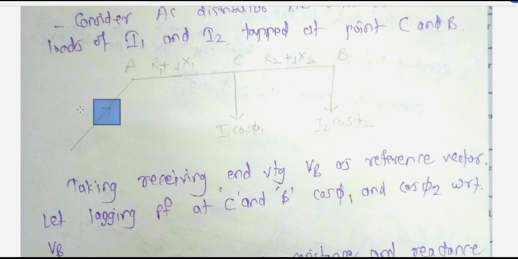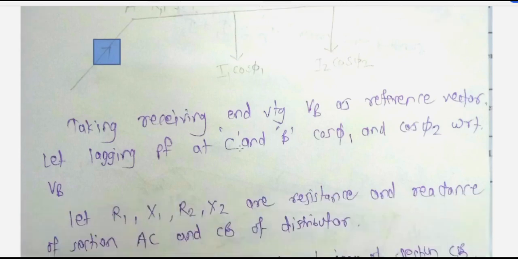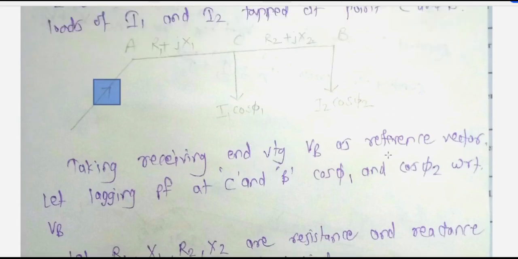I1 plus I2 is equal to the total I. Now, taking the receiving end voltage VB as the reference vector,